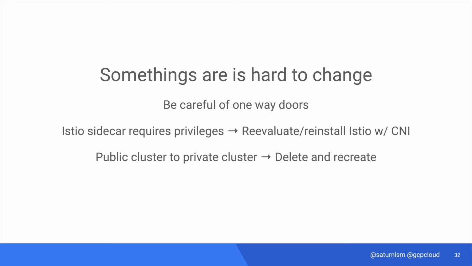And sometimes you might discover some of these things very late in the game, right? So for example, we provisioned Istio with the default configuration and it worked really well all the time, until we were at the very late stage where we were trying to lock down the cluster for production and adding more and more security policies. And then we discovered that some parts of Istio required escalated privileges. And to fix this, we have to reconfigure Istio to use a different way of routing traffic using CNI.